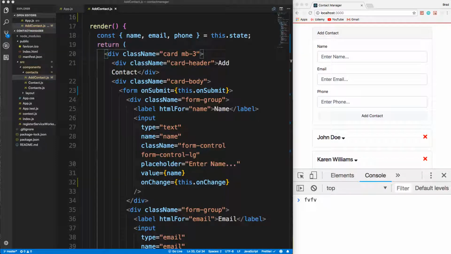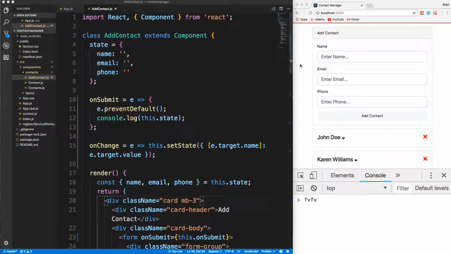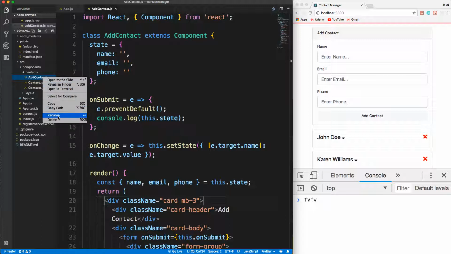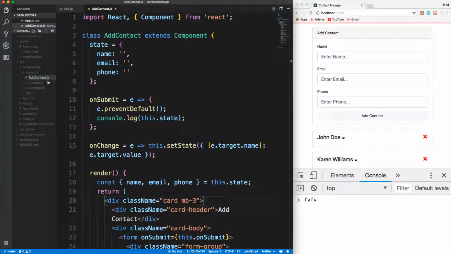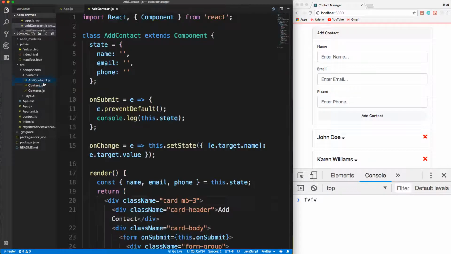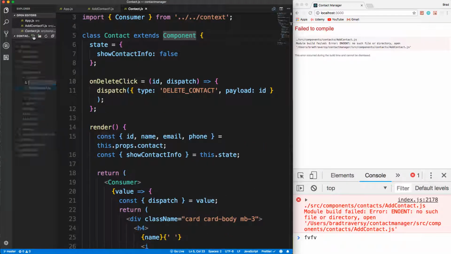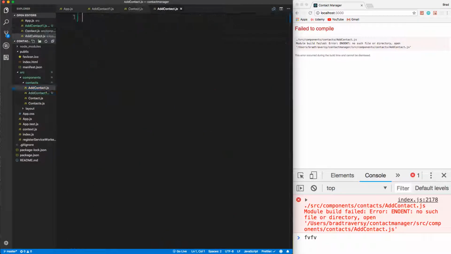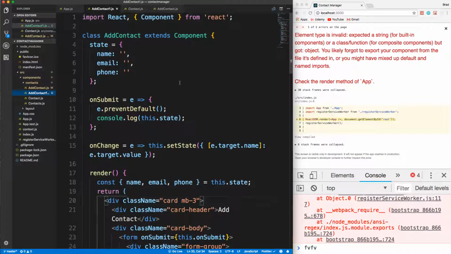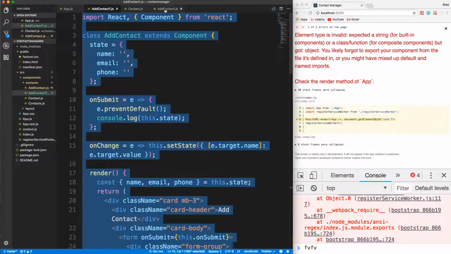Alright guys, so in this video we're going to look at uncontrolled components. Sometimes you may not want to do this whole thing where each input is connected to your state. Now this is what I actually want for the project, what we've already done. So I'm going to just go ahead and rename this file temporarily to add contact 1, and I'm going to create a new file in here, a temporary file called add contact.js. Okay, and then I'm going to take everything we have in our original add contact and put it in here,